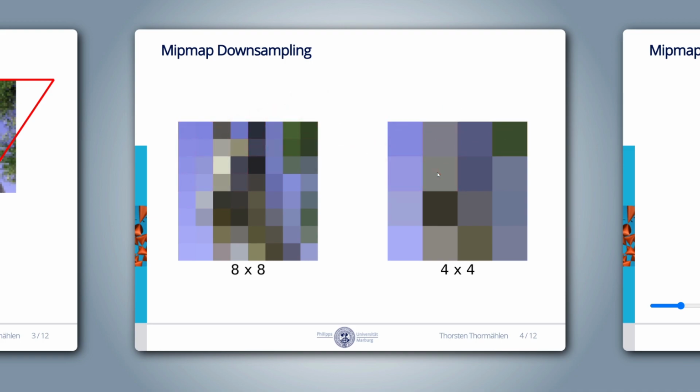The process of downsampling works as described if the resolution of the texture image is a power of 2, for example 128, 256 or 512. For non-power of 2 textures, the filtering operation is more complex. If you're interested in the details, you can find a link in the video description. Because computing mipmaps for non-power of 2 textures is more complex, non-power of 2 textures were not supported in the first versions of OpenGL and WebGL.